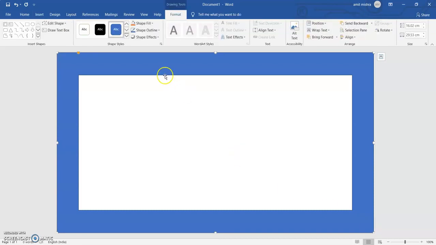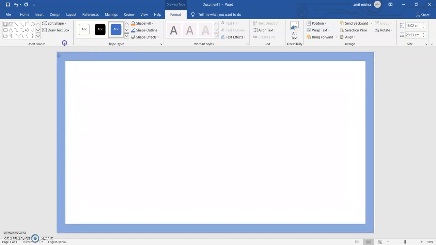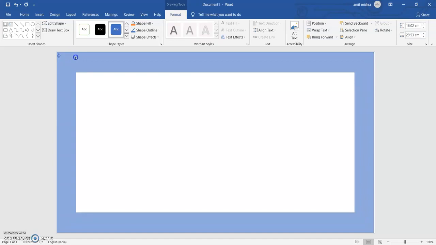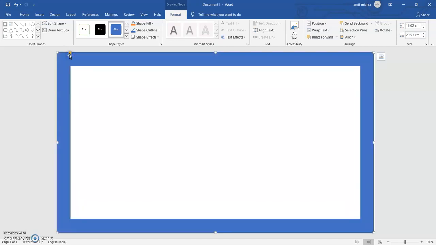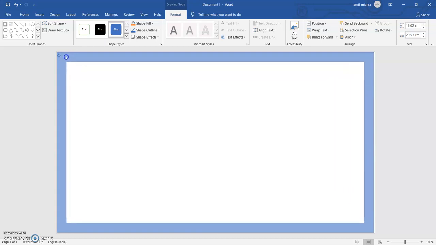After that, suppose I want to enlarge it or make it smaller, the inner part, I can change it. How can I do that? By going on this red button, and I can stretch it in this fashion.